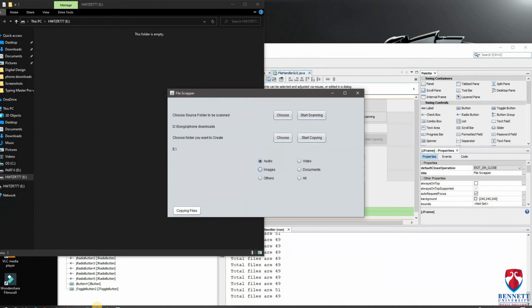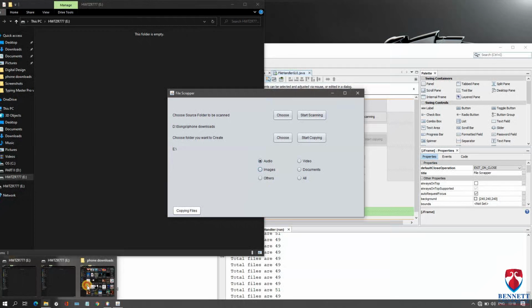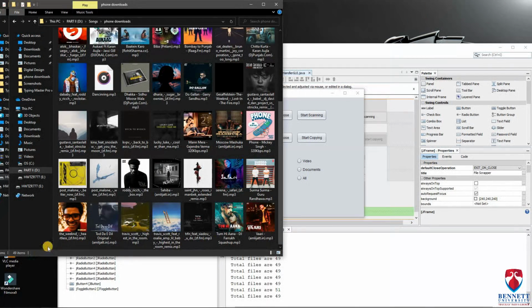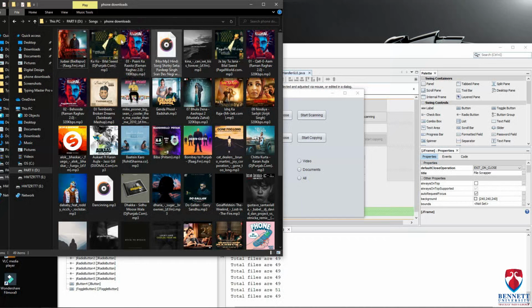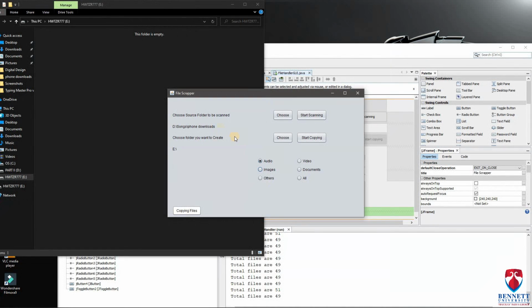49 audio files are contained in that folder. Okay, so we have previously seen that it contains 49 audio files. Actually it is also getting images from the .root directory that's created at this time, because I have not hidden any. I've got the administrator privileges, so it is also scanning the hidden folder .root. So okay, audio files are 49.